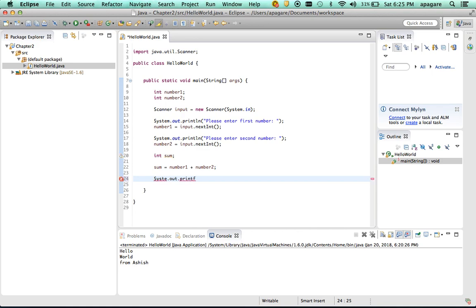System.out.printf, I'm using formatted printing, and excuse me if I make some small spelling mistakes. We are going to say, I want to display what was entered and what's their sum. So in quotation marks, we'll display the format in which we want to display the output. So we'll say a percent d